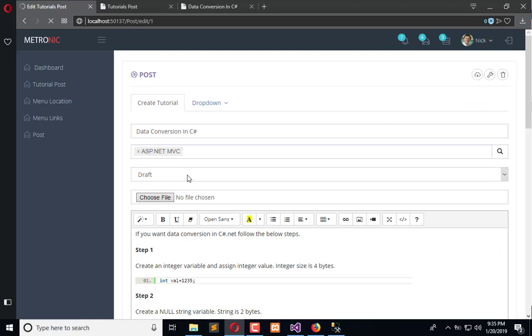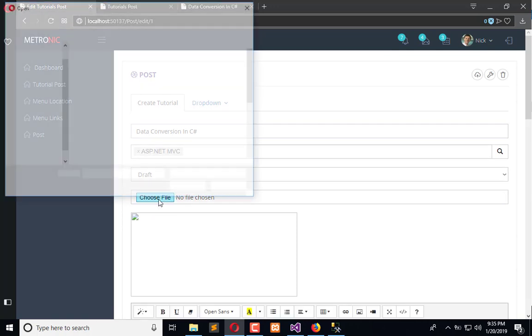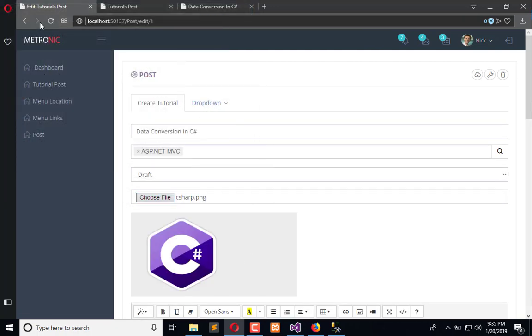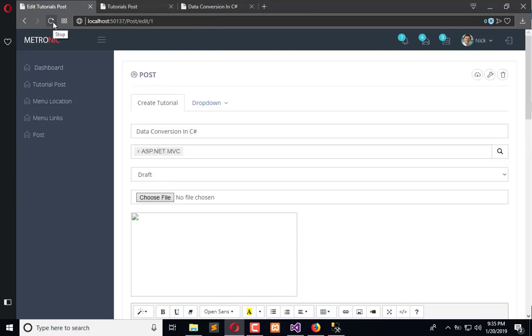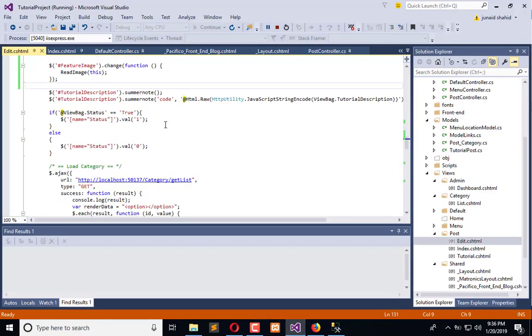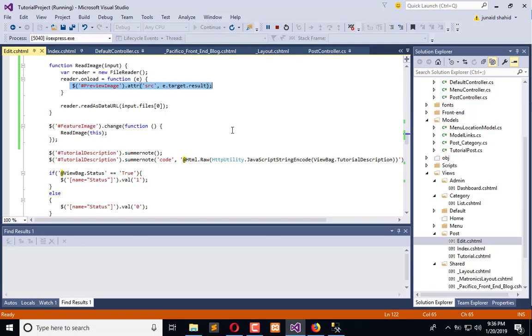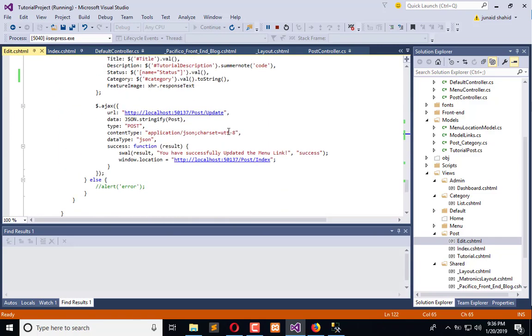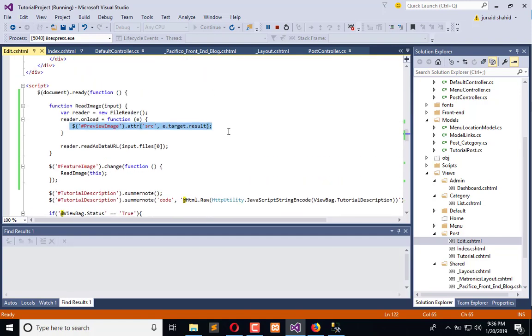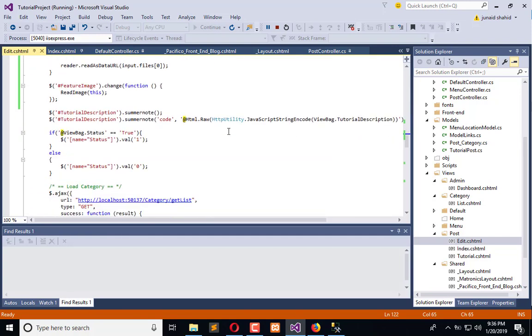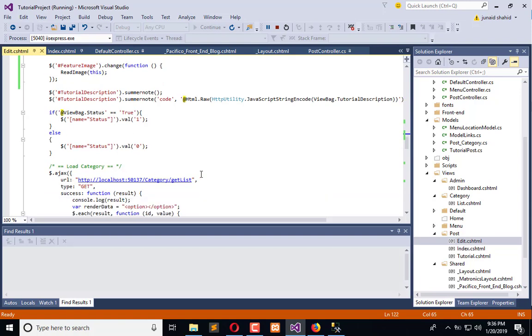Whenever we select any image, it will be previewed in the bottom like this, but we need to add another feature here, which is that if there is any image already uploaded, then it will be visible here. So for this, we simply copy this ID. Okay, copy this, and when the record is fetched from the front end, get list,